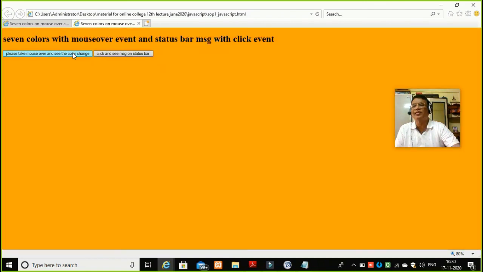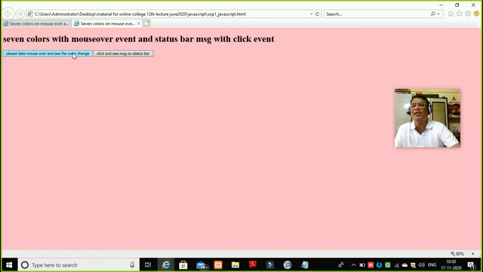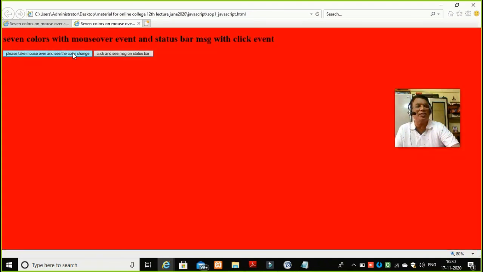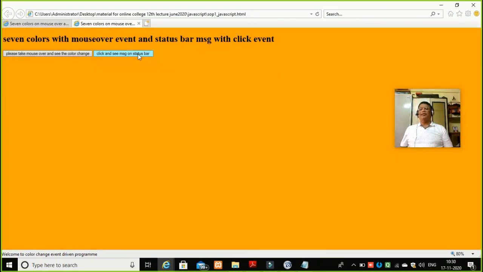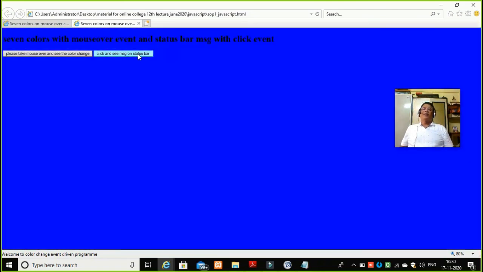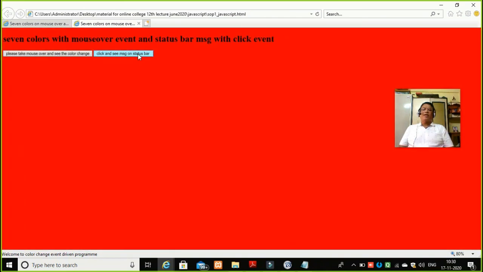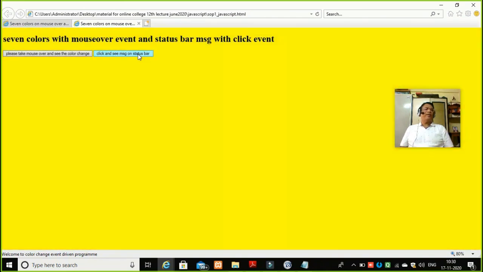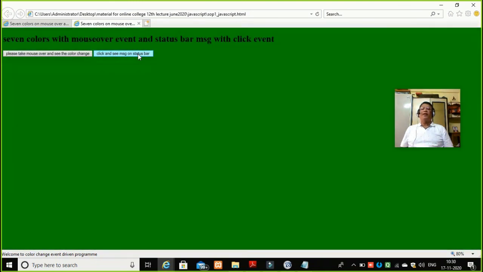The colors are changed. 7 distinct colors, again blue, and every 500 milliseconds we are changing the color. Now click on this status bar, and can you see the status bar message appears right now? A silly mistake which I was making was not writing the keyword function over here, and my program was not working. So don't be in a hurry.